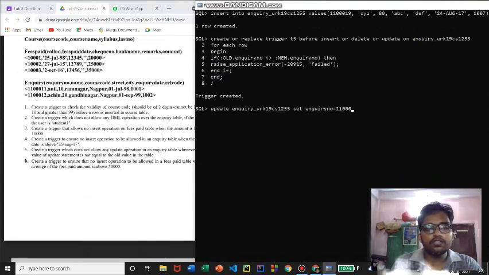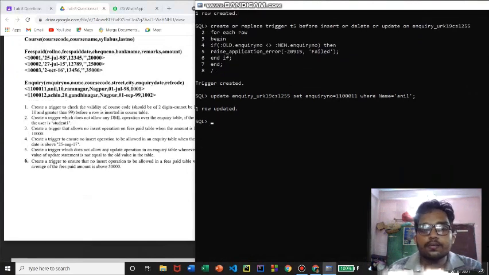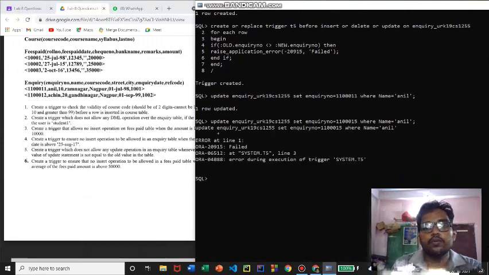Now we'll give it as 00111, something like this, and where we'll update some tuple, name is equal to Anil. We see the trigger has not got fired. Now we'll check with another number here. Now we can see the trigger got fired.